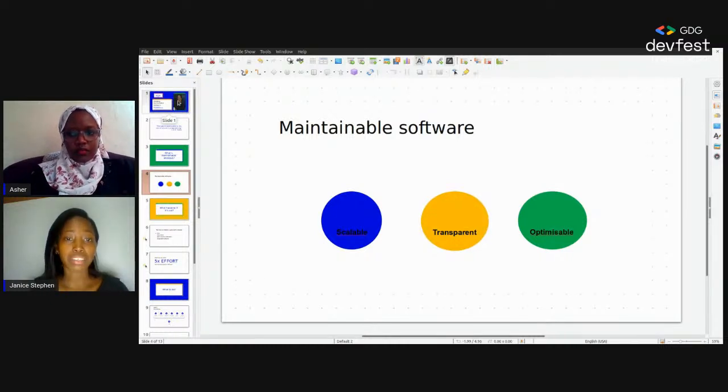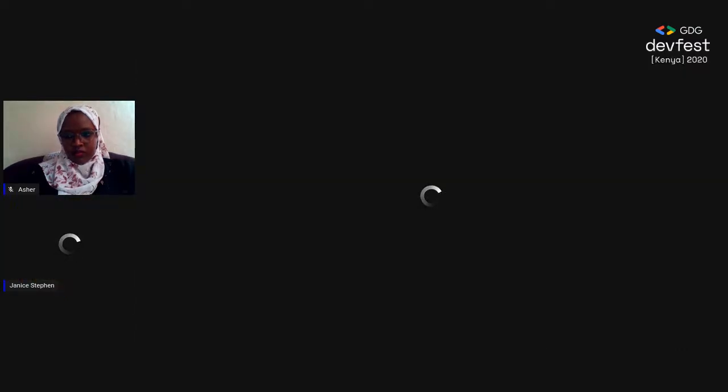And transparent. A maintainable software has to be transparent, which means it should be understandable to everyone. You cannot be the only one who understands your code, or you only understand your code today at this point. You need to understand your code